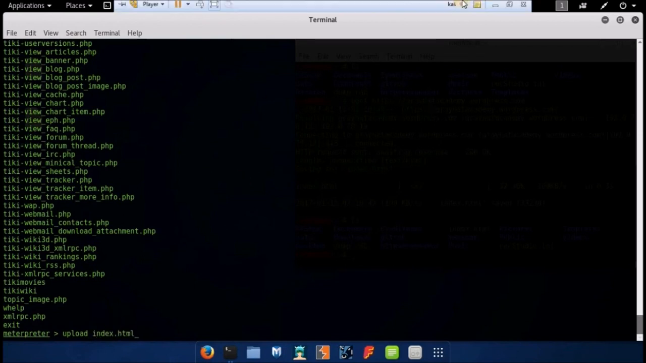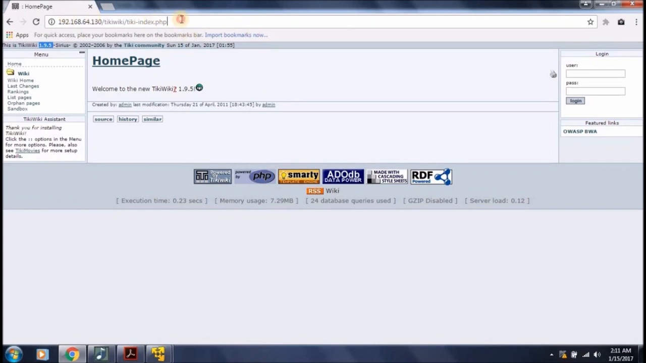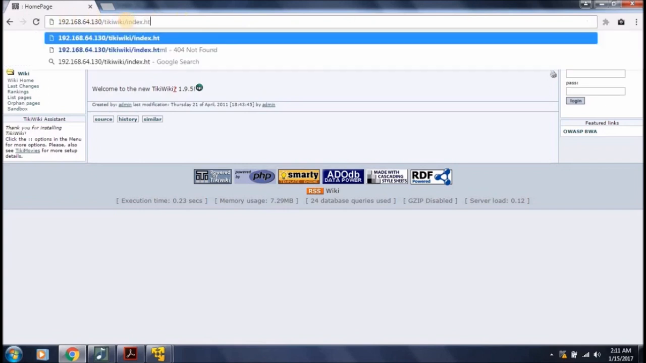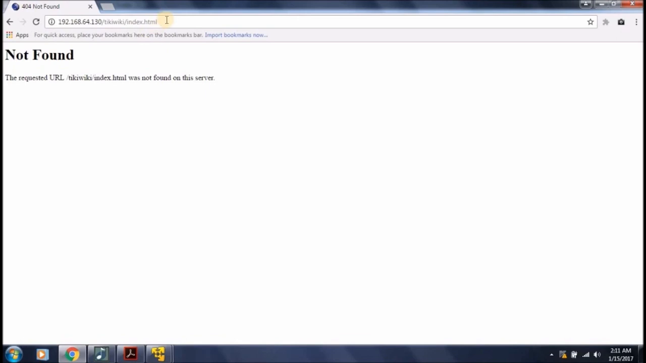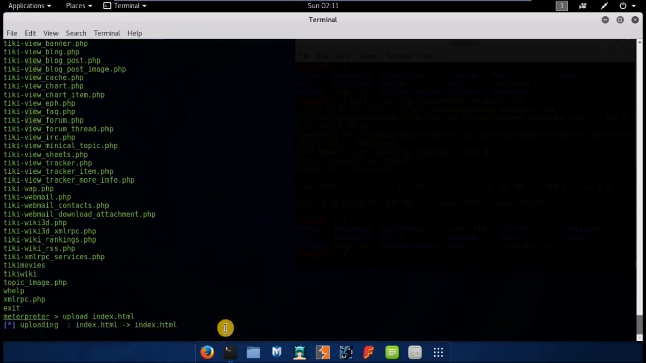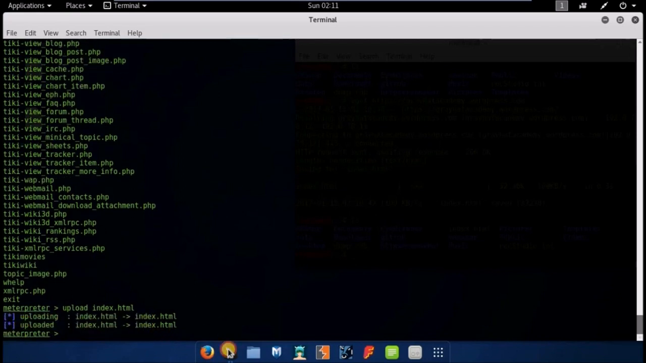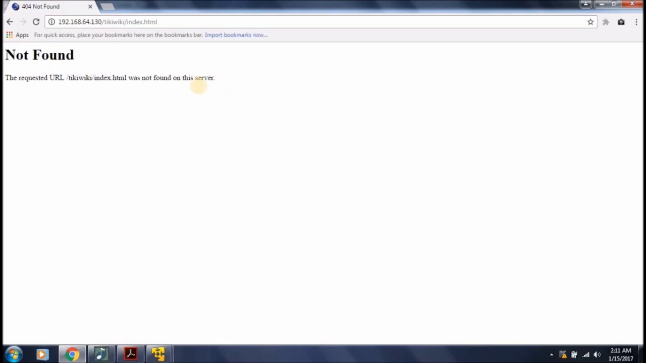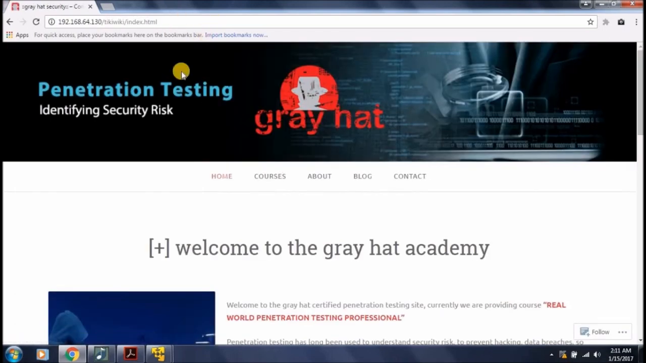Let me first move to that window and type the index.html. To see, this is not working at this time because I have not uploaded it yet. After uploading, you can clearly see this has been uploaded. Now I will move to the window and let's type it. Great. You can see the file has been uploaded to the target system on the web application, and now it